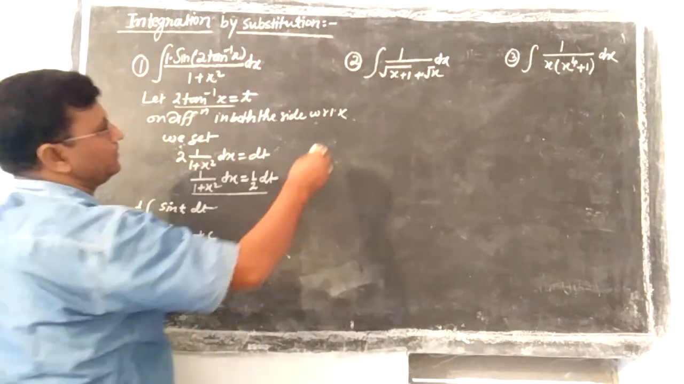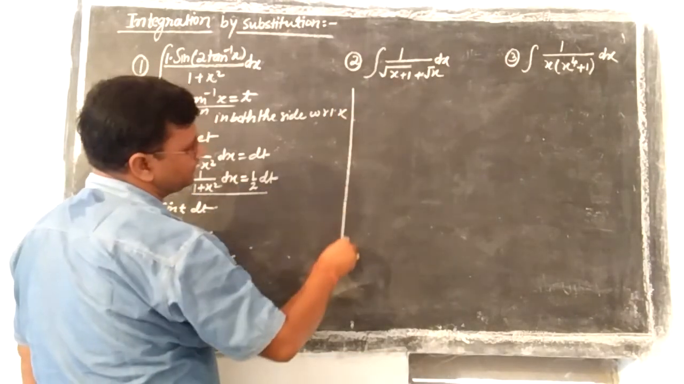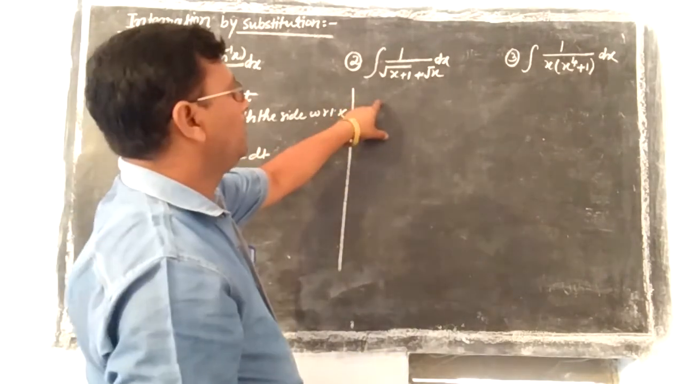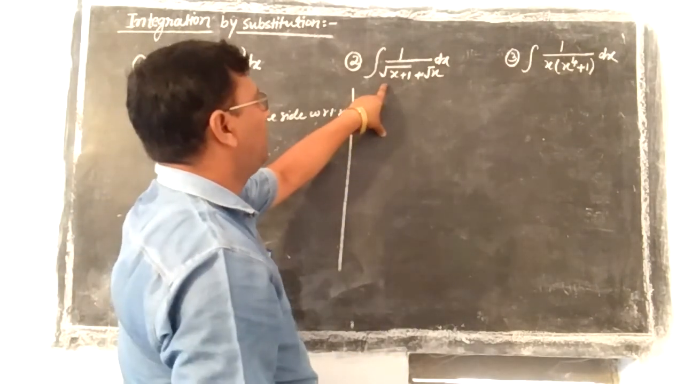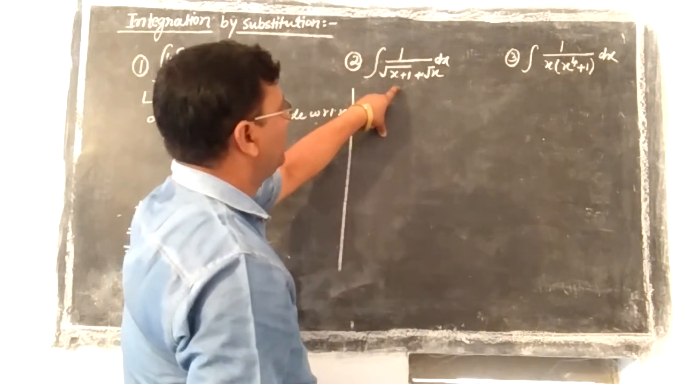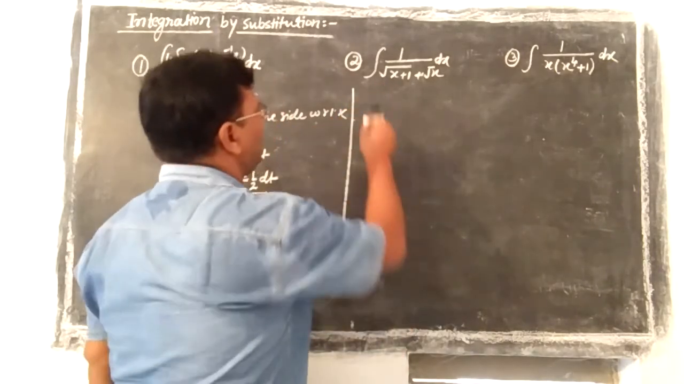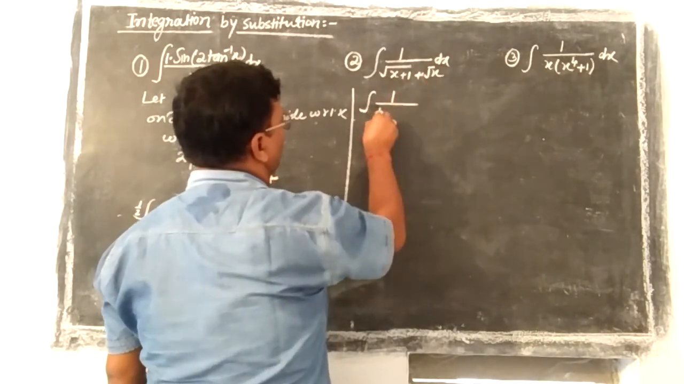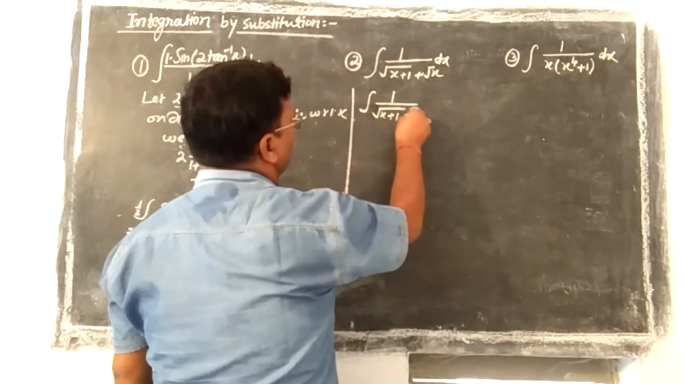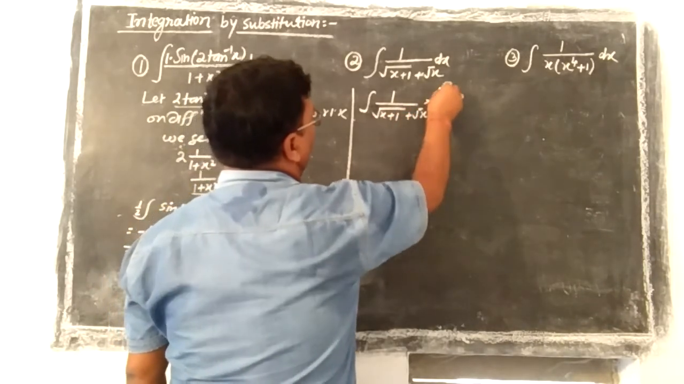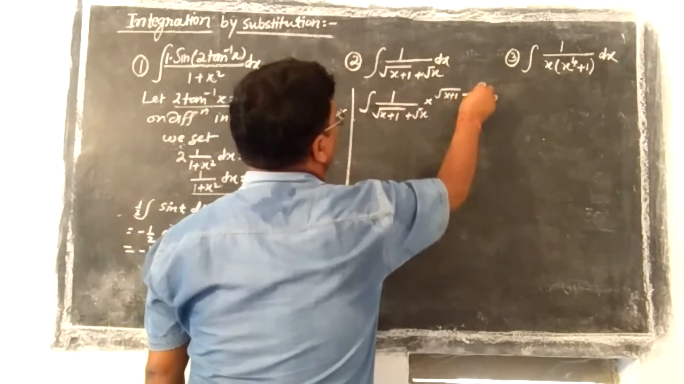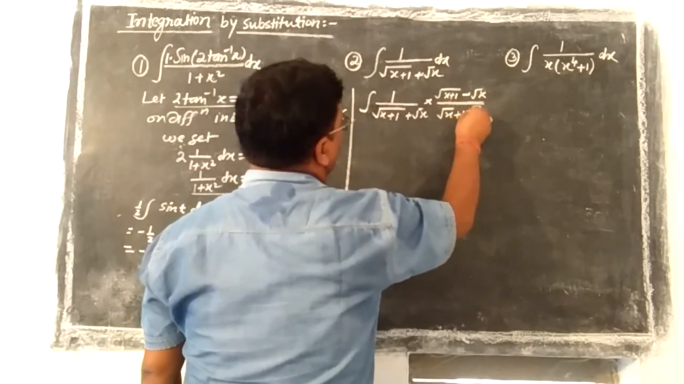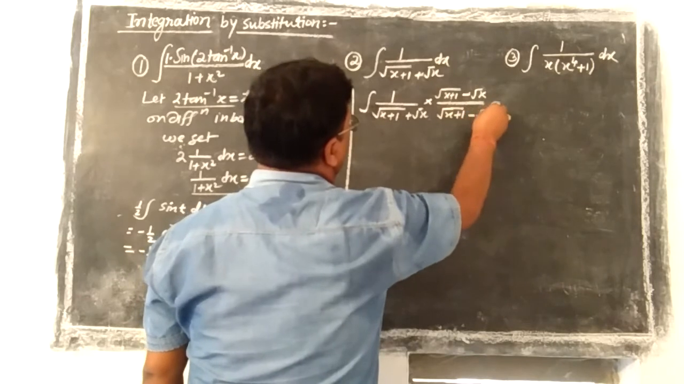Now come to the next question. We have to solve this question. First of all, in order to solve this question, we multiply by the conjugate of this. That will be 1 upon under root x plus 1 plus under root x, into under root x plus 1 minus under root x upon under root x plus 1 minus under root x